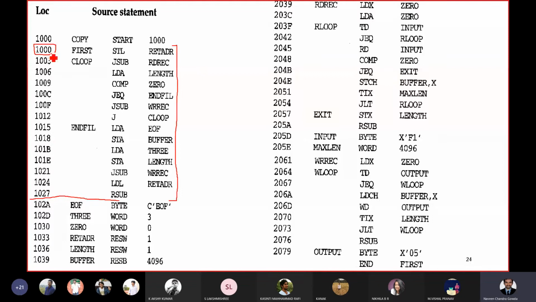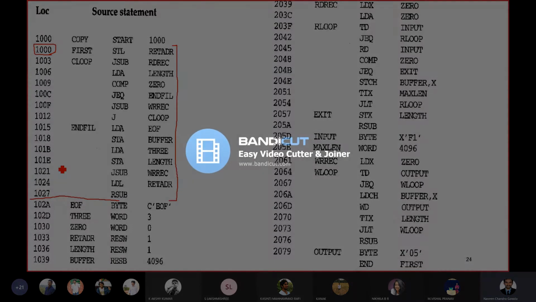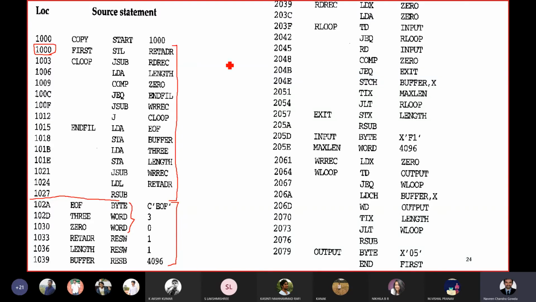Then when it comes to the assembler directive instructions, from here to here, again there is a difference: here it is the byte and word instructions. Do you remember the previous examples?